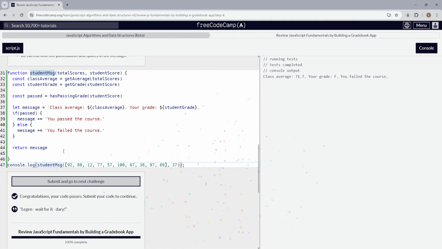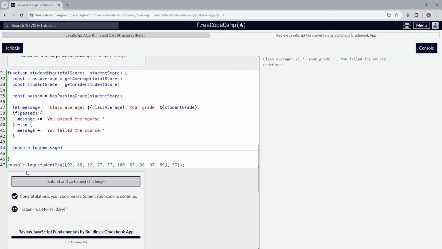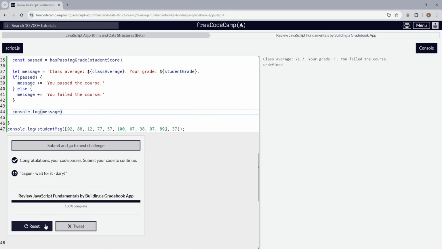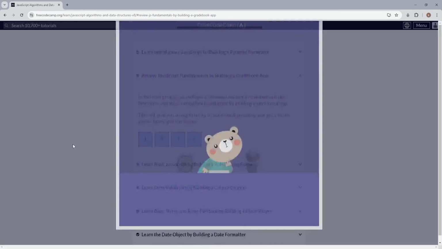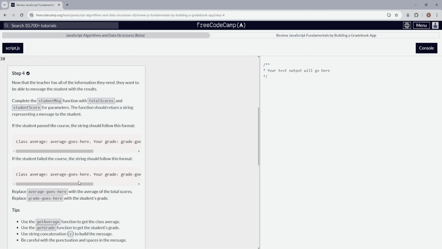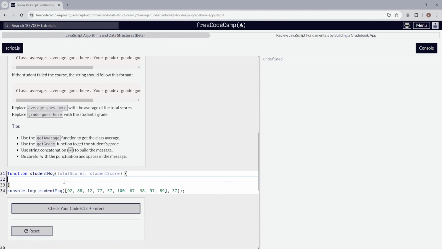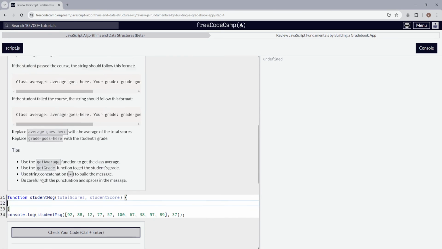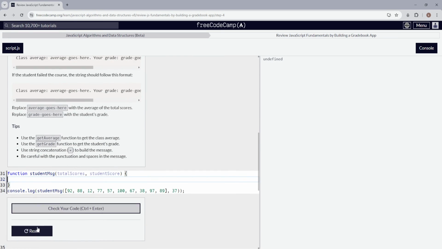Now if I do console log, it's just console log instead of return. So we do console.log message. Oops. So let's go back to the project, step 4. I do have to type it all over again, but yeah, that was it for